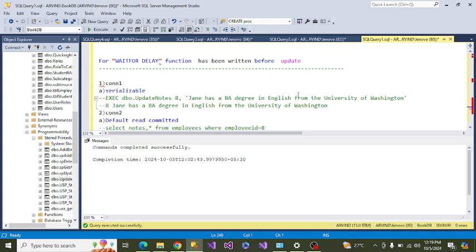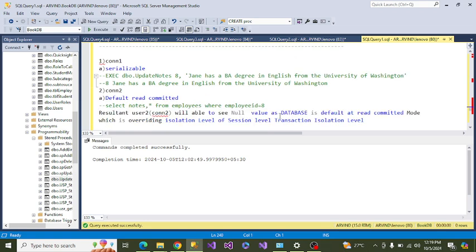Sorry, it is something that is serializable. Then it is not going to be able to see the updated value, it sees the null, because this serializable is something you set on the stored procedure, but the default database behavior is read committed.